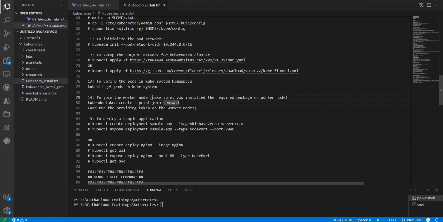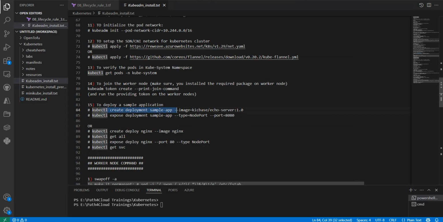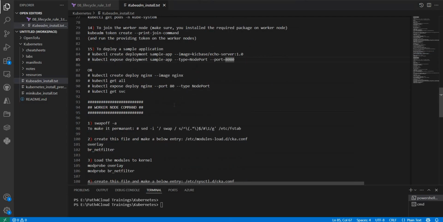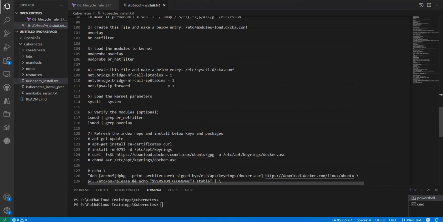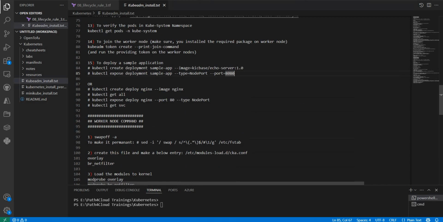But before you run this command, make sure you install the required packages on the worker node. Fine. Once that is done, you can just try to deploy some application on this, and the same command on the worker node as well, right? So this is how we can run it. So let me copy this,